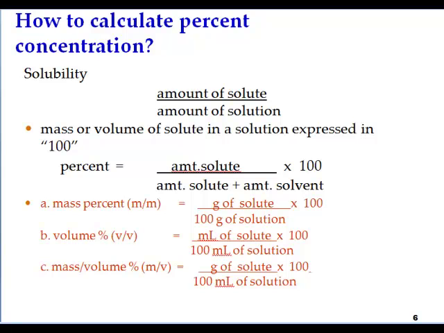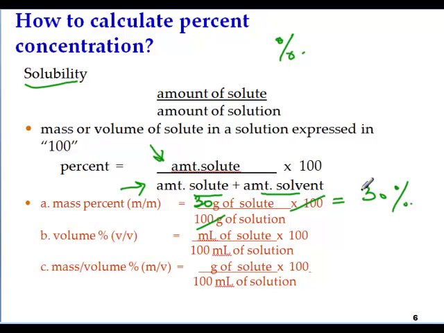Okay. Now, the term solubility was very vague in the previous example. To actually calculate how much of a percentage or how much of a concentration of a solute is present in a given solution, the formula that is used is you take the amount of solute divided by the amount of solution. Keep in mind, this is solute and solvent together, times 100 will give you the percentage of that solution. So for example, if I put down 30 grams of solute in 100 grams of solution, you can see that my percentage would be